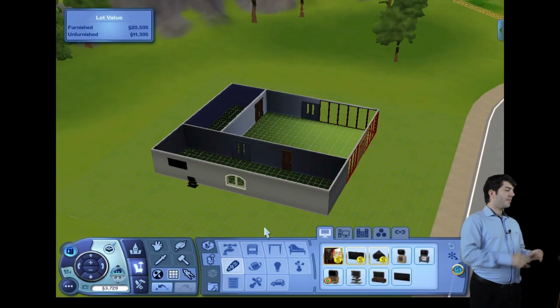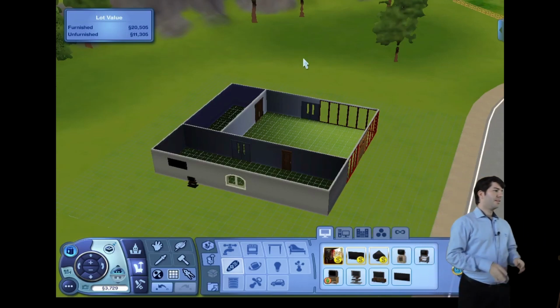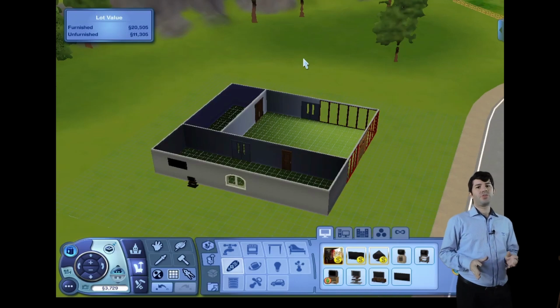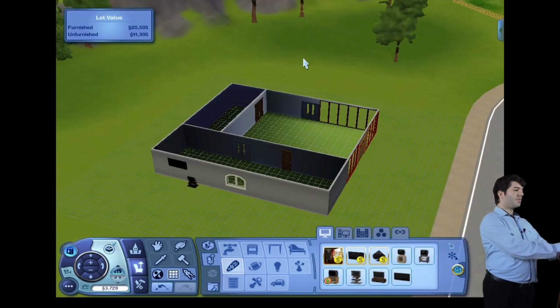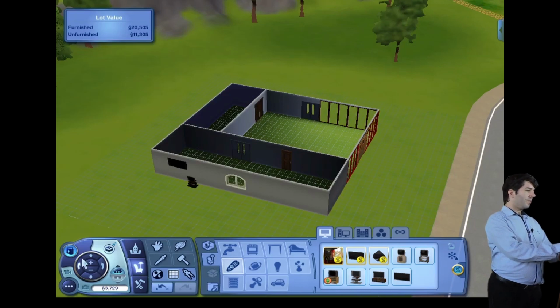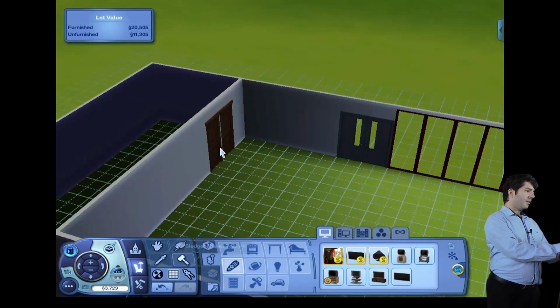So how can we represent that here? Let's say these doors here in the back. Let's say that those are the bathrooms. And you want to define which one's the men's bathroom and which one's the women's bathroom. So we can put a little sign on the door, right? So we can replace this door